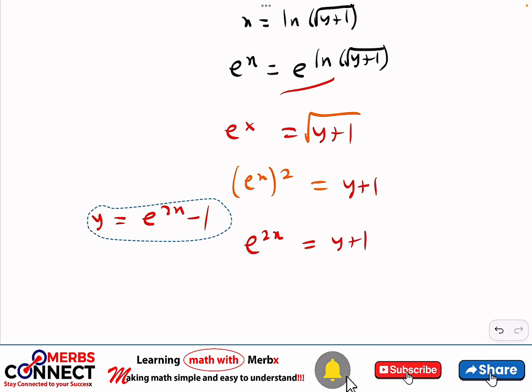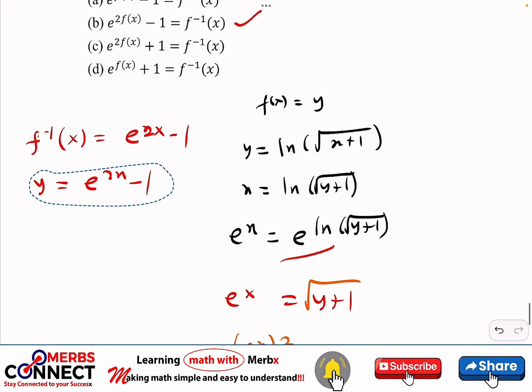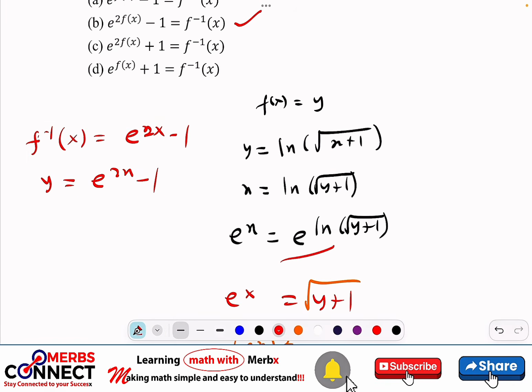Let's see, I'm just thinking about this. So here, if y is equal to this guy, if y is equal to f inverse, then